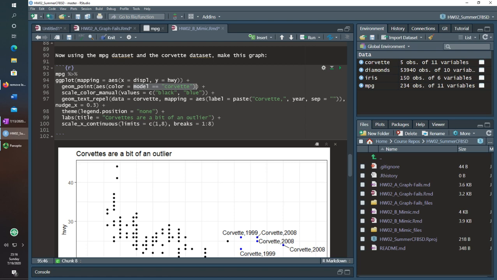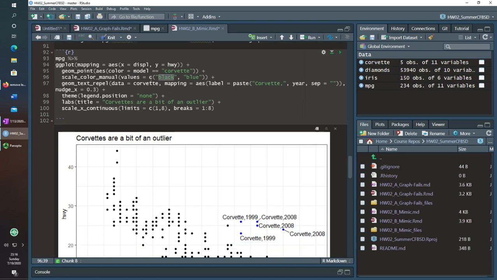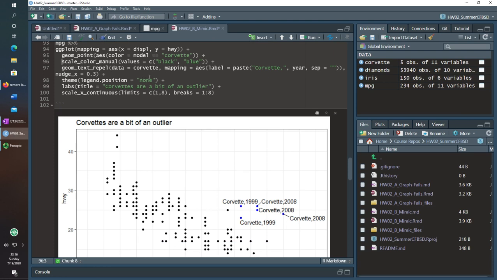And it actually is interesting that false goes first because it goes alphabetically, I've mentioned factors before. Since false is first, that's what you specify here in values when I want to color them. So I wanted the non-Corvettes to be black, and so I specified that first, and then the true values, the values corresponding to Corvettes, to be blue.